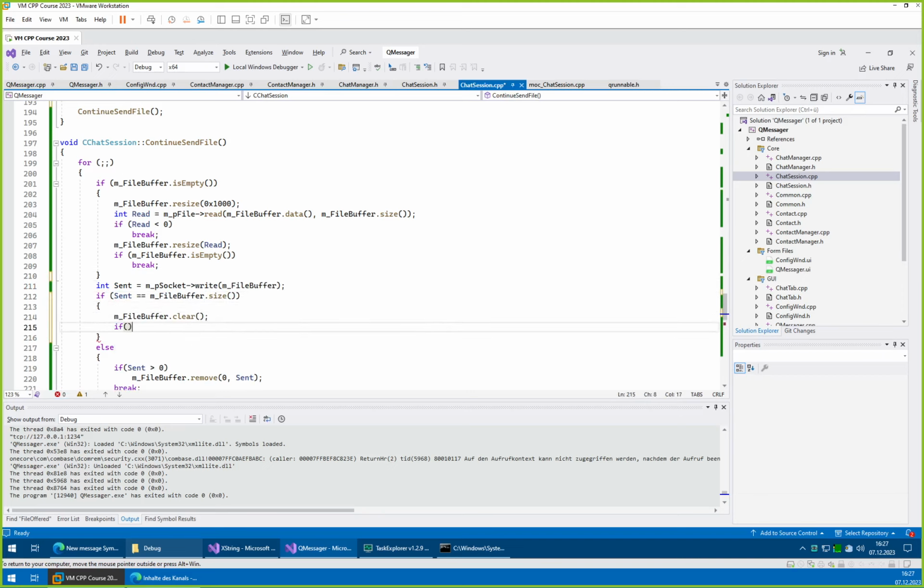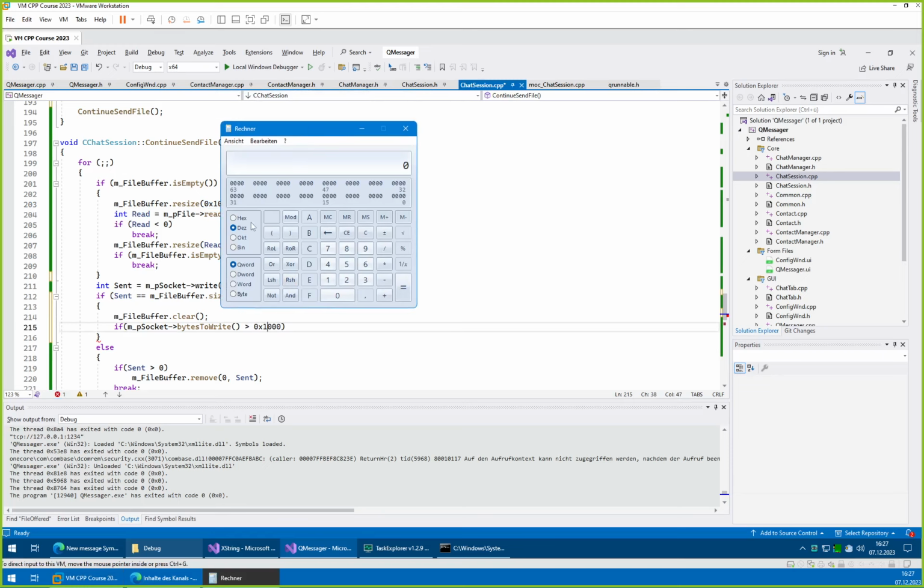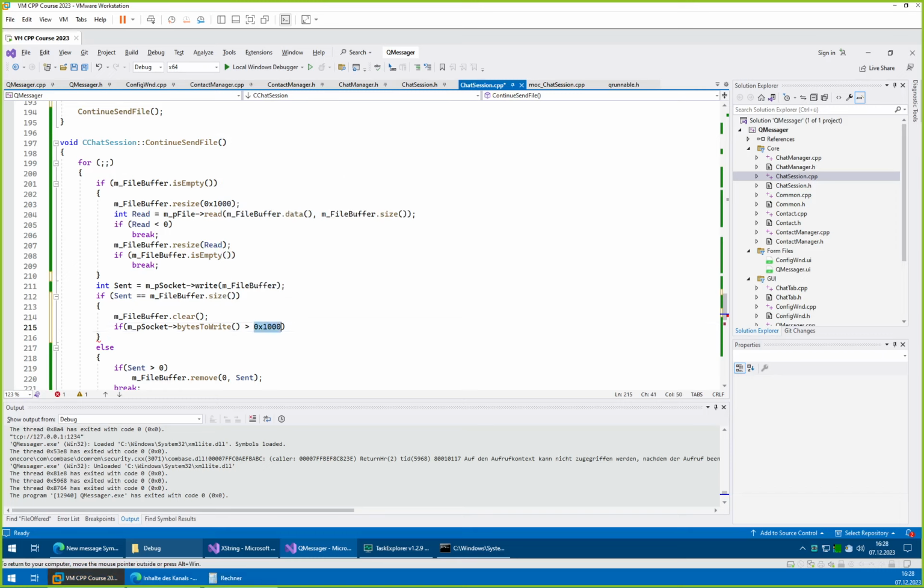So if bytes to write is more than, let's go with how much? Let's go with a megabyte. So if we have cached 1 megabyte, we will